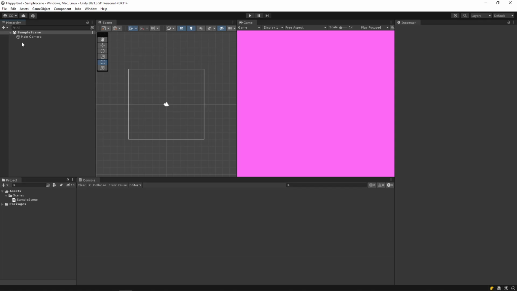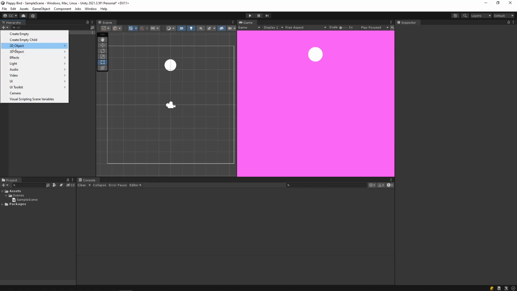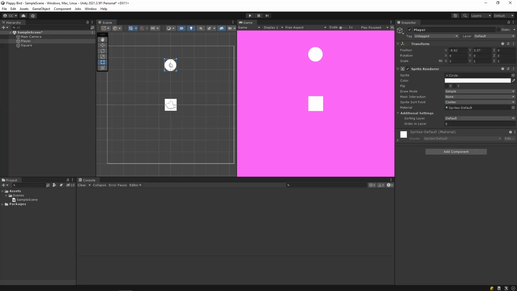I'm just going to move this up a little bit. All I have to do to move this is click and drag inside the scene. And I'm going to move that up. And I want to add in another object. So I'm clicking that plus button, 2D object, sprites. I'm going to add in a square. I'll just leave it there. I'm going to delete this later, so I'm just going to keep it as square. Actually, I'm going to keep it, but still.